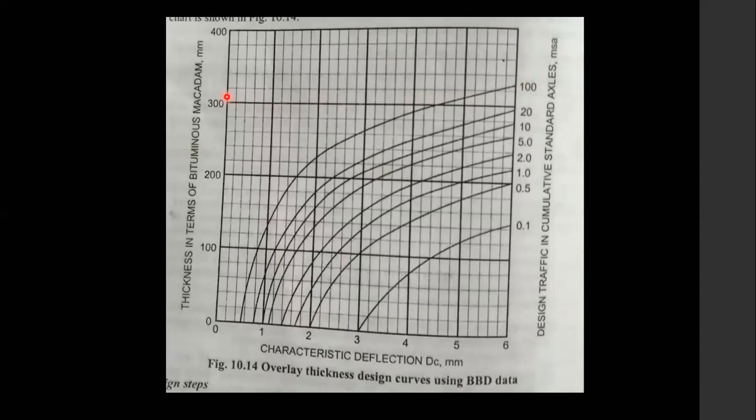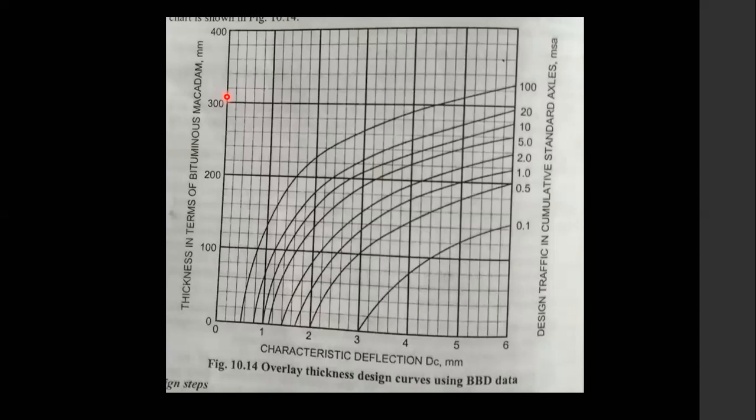Okay, which includes subgrade, subbase, base layer, bituminous course, and DBM layer. 800 mm was the initial thickness which you have designed in the flexible pavement design. Now you are doing the structural evaluation, and you have analyzed that the pavement is not sufficient to withstand the load. So, what you did, you have calculated the overlay thickness.